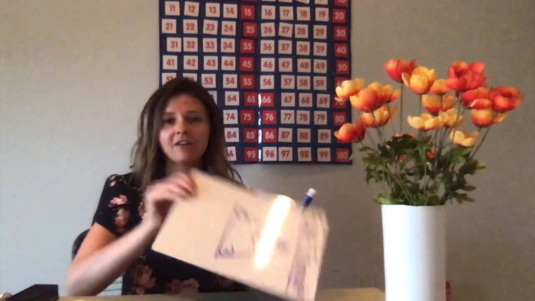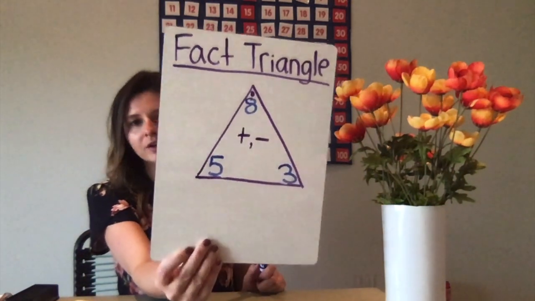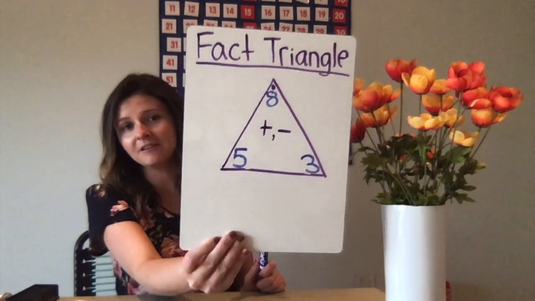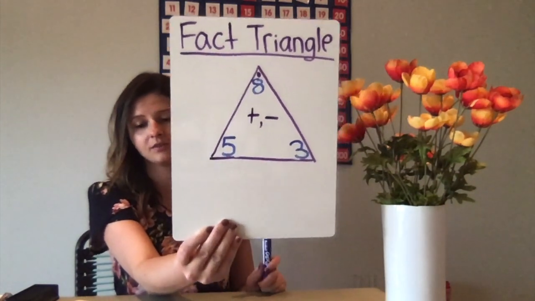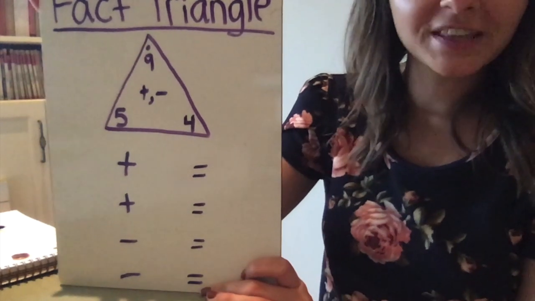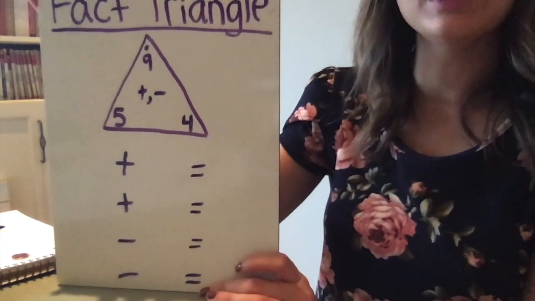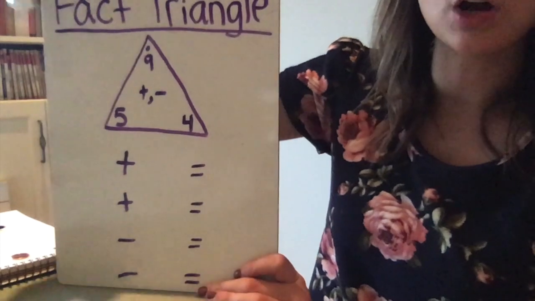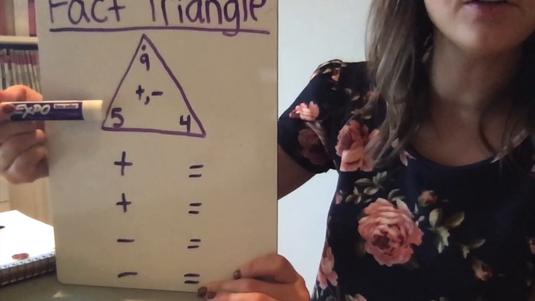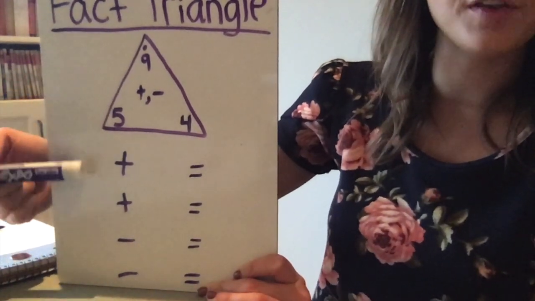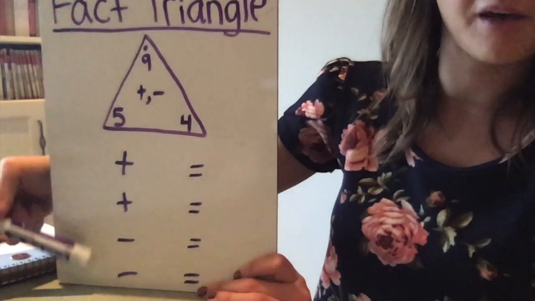So I'm going to put 5 and 3 in the corners. And this is the completed fact triangle. So now that you've seen the fact triangle, we're going to take it the other way. We're going to start with a fact triangle and figure out the number models for the fact family from that